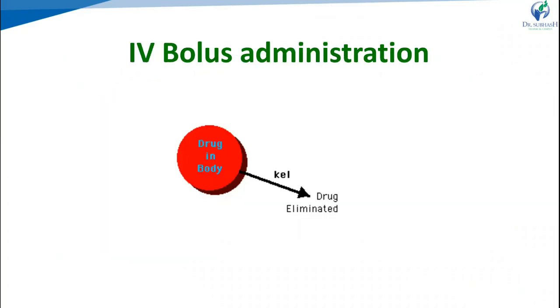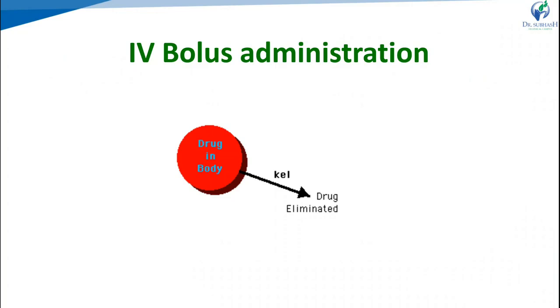So we will see them one by one. The first one is the one compartment open model with IV bolus administration. One compartment means we assume the total body as one compartment, and open means the rate in goes with the rate out. For drugs given by IV administration there is no absorption process, so they go directly for distribution into the body.